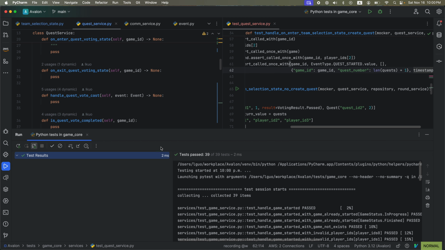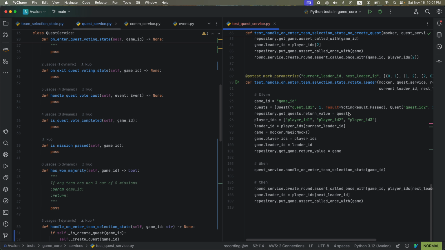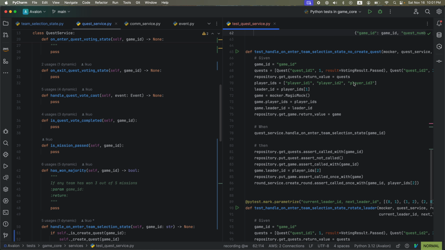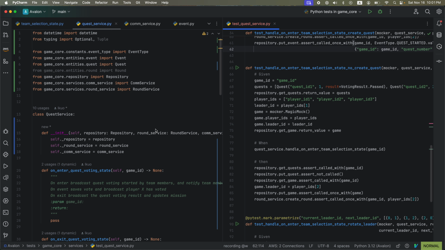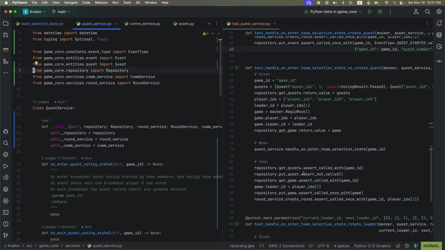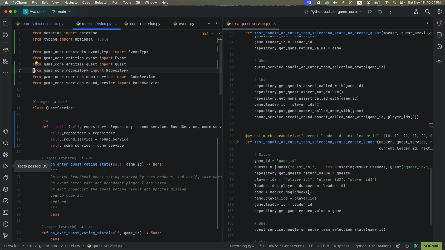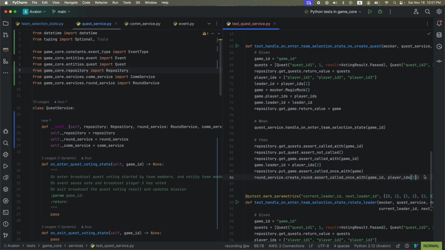So what does the test say? Yeah, pretty good. So okay, let's do the same thing with the not create a quest. So when we do not create a quest, it's much simpler. We do not need to do all these things, but we do want to verify that the